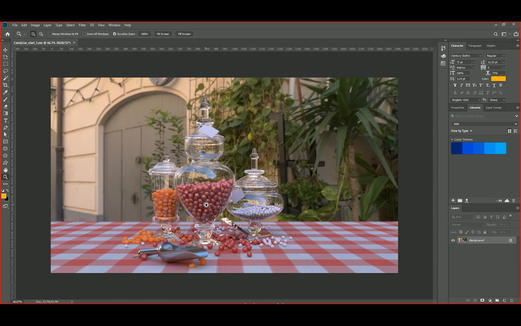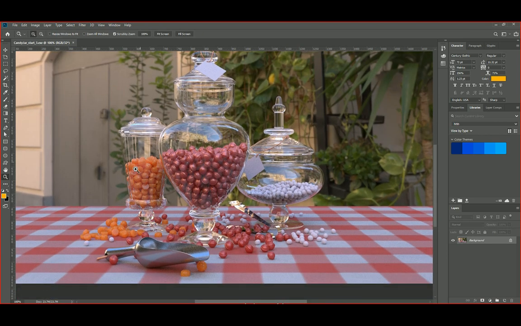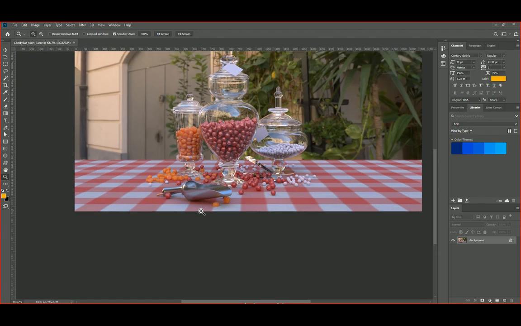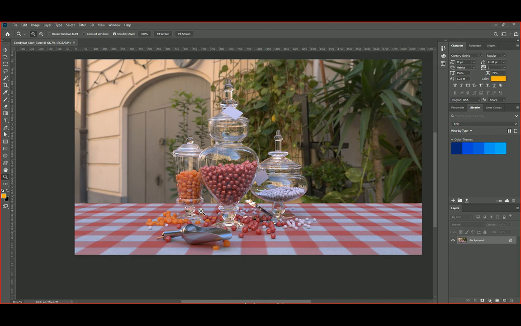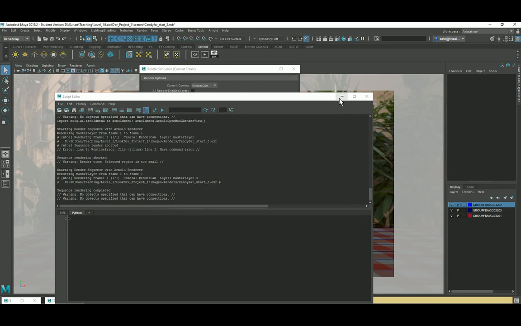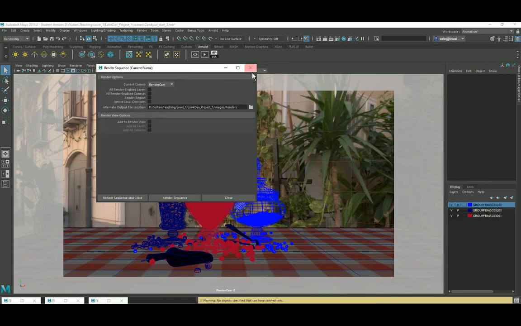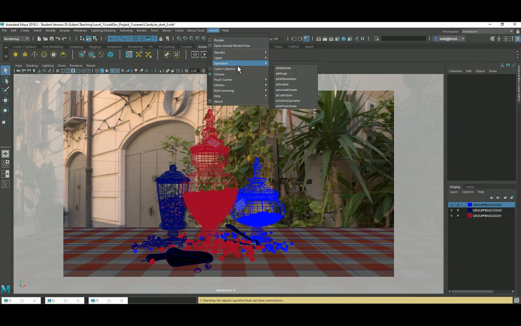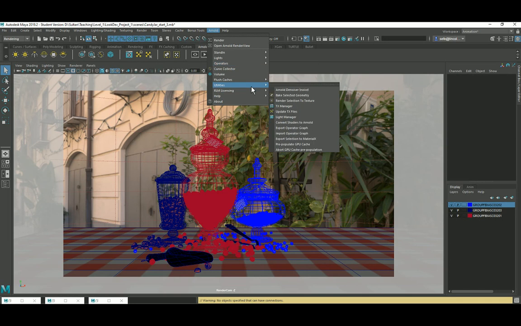Now as you can see, the actual render has got some noise. You can see around here, for example, because we saved this as an EXR file with the option of denoising. What we can do is go back to Maya. This is the good thing about Arnold. You can do a post denoising. So if you go to Arnold, utilities, Arnold denoiser,